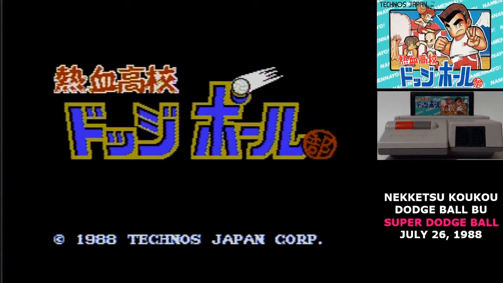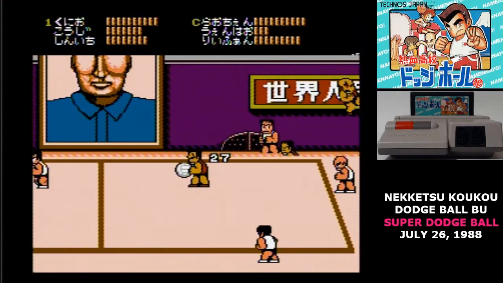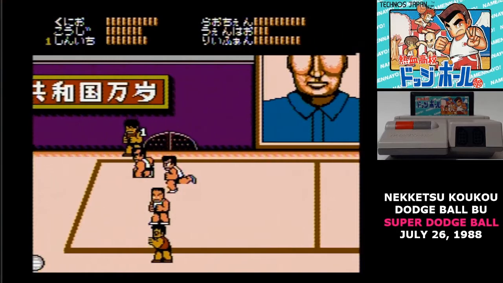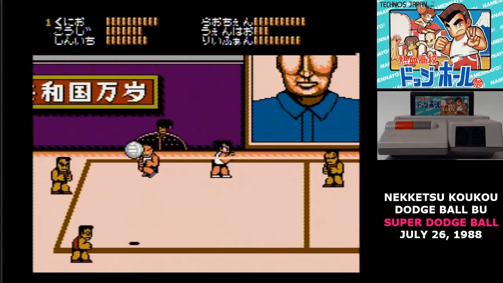I'm going to confess some sacrilege here. I don't care for Nekketsu Koukou Dodgeball Boo. Or Hot-Blooded High School Dodgeball Club, if you like. I know it's a beloved classic. And it's the game that turned Kunio from the guy who beat up other gangs to the guy who competed in wild sporting events. But I wasn't fond of it in the original arcade, and the Famicom port is pretty